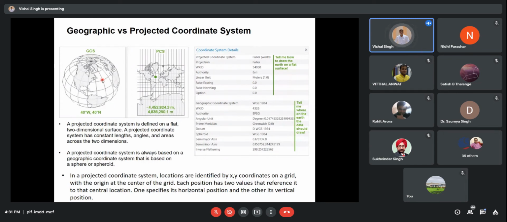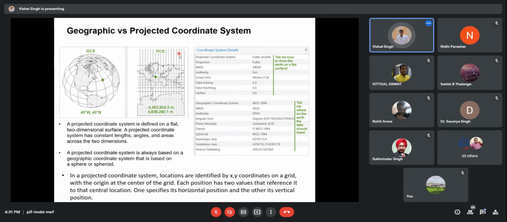If you want to compare this location from here to here, then you can tell that we are moving from this degree to this degree. But you cannot say at what kilometers you have moved from here to here, or what is the distance between them.